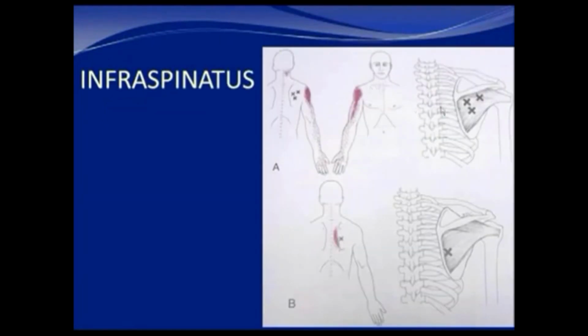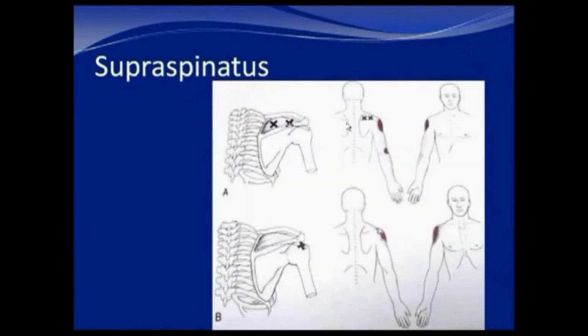The infraspinatus, again, here's where the trigger points usually are, and the pain is usually referred either into the shoulder or down the arm all the way here. This usually sets up some of the dysfunction, which may then make the lower arm or the forearm dysfunctional. Supraspinatus, basically the same thing, just a little slightly